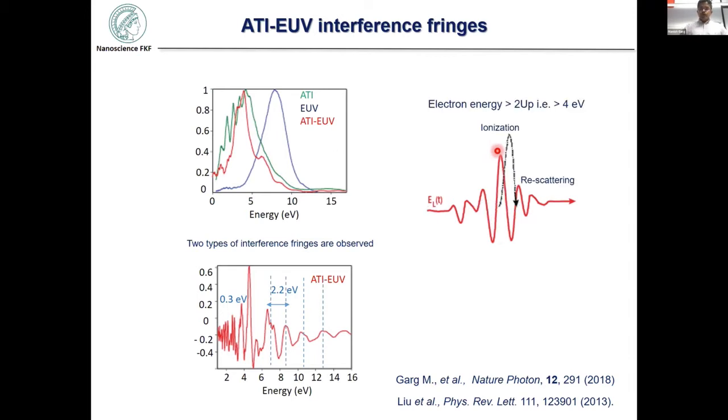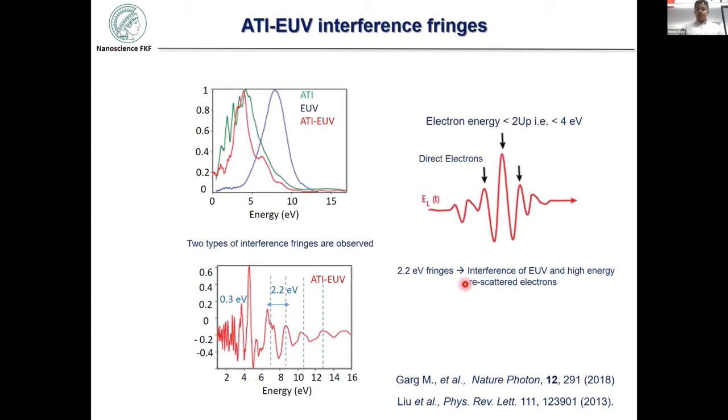And we also know that the electron energy is bigger than twice the ponderomotive energy, so we are looking into energies which are over here, and these energies are actually generated by a rescattering process. So the electrons are generated at the peak of the pulse, and they recombine or rescatter from the core around half a cycle later. And now with these timings here, so that the EUV pulse is coming over here, then the rescattered electrons in ATI are coming over here. We were able to explain this big spacing fringes.